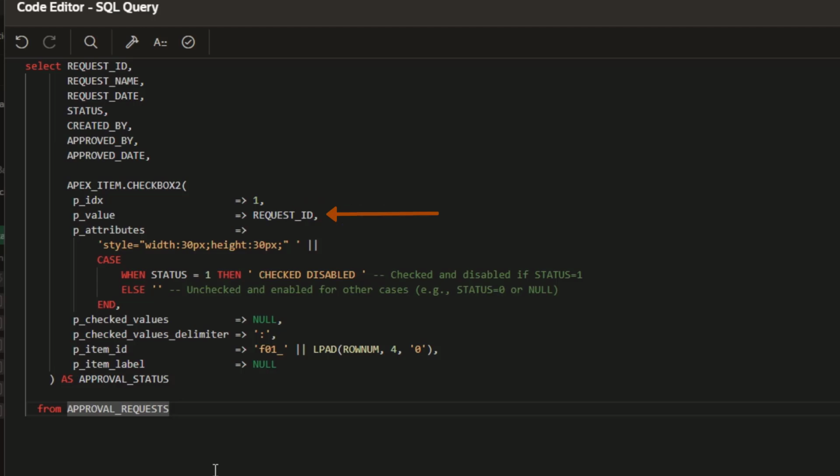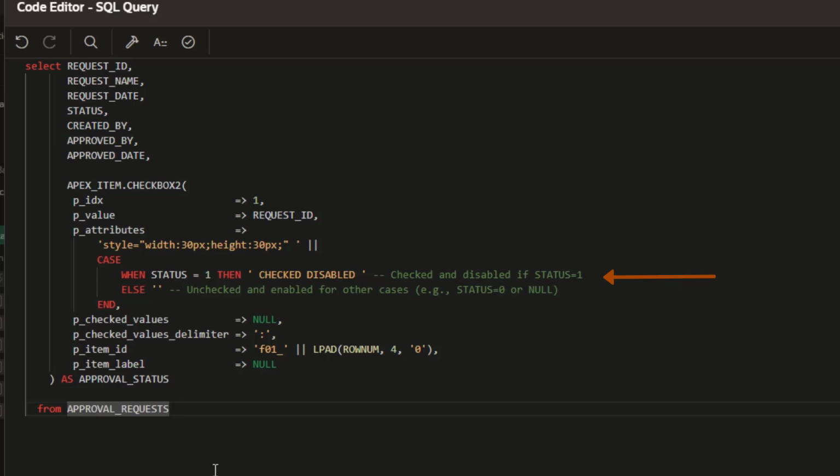P_value is equal to request_id. It sets the value of the checkbox. Here, the request_id column value from the approval_requests table is assigned as the value of the checkbox. P_attributes: style equal to width 30px, height 30px, customizes the size of the checkbox.